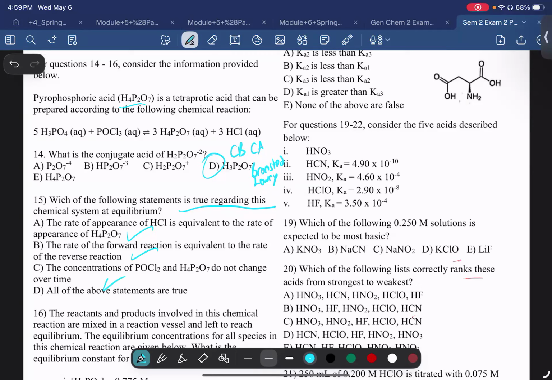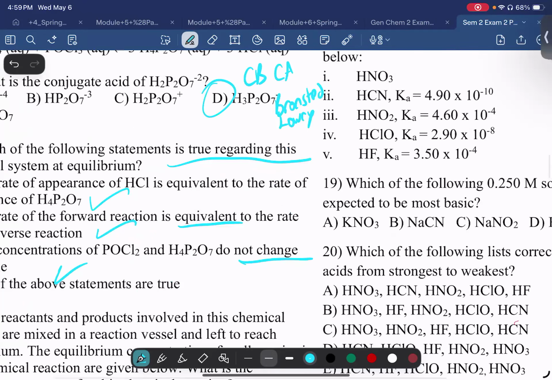Okay, right? So when you see this kind of question, you see how they're talking about the states of equilibrium? Instead of saying equal, it says equivalent. And instead of saying constant, it says do not change. It's the same thing, right? So this is all good. So the answer is D. And this is based off the conditions of equilibrium